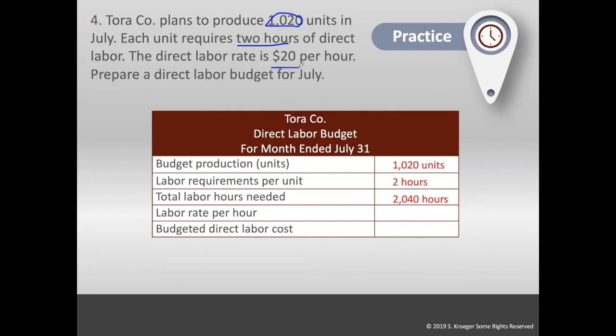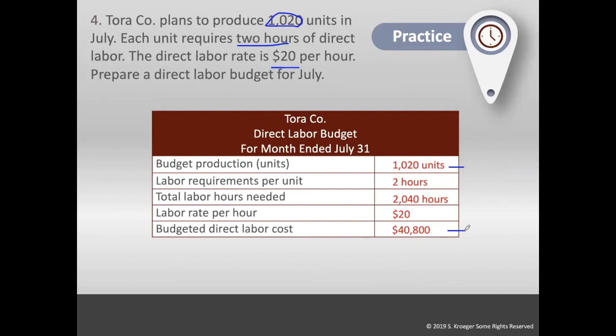It's $20 per hour. We multiply the 2,040 hours by the $20. We get a total cost of $40,800. To make the 1,020 units, it will cost us $40,800 in labor costs. As a reminder, direct labor would be those who were physically working on making the product,